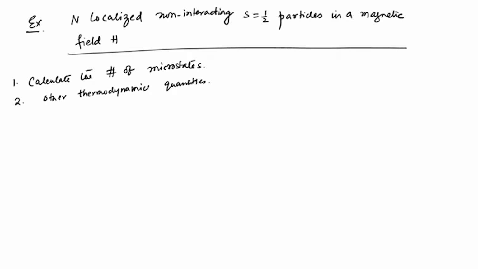the number of microstates. So, we have this energy of the system, or rather the Hamiltonian of the system. Now, let me write down the Hamiltonian with a curly H. So, this is the Hamiltonian, and we also have a magnetic field. So, these two H's should not be confused. One of them is curly H, and the magnetic field is this H, which is written in normal font. Okay. So, this is equal to minus mu 0 H and then sum over sigma j, j equal to 1